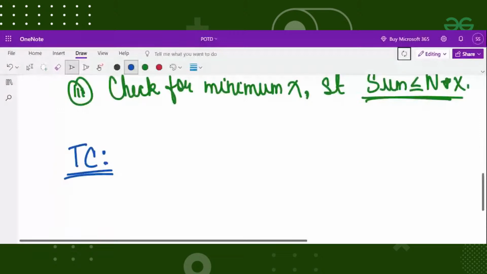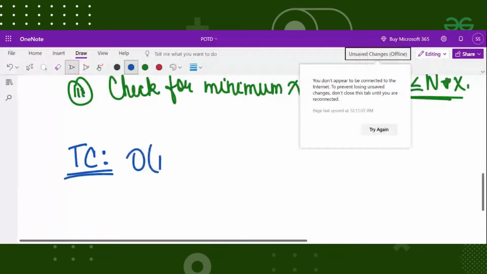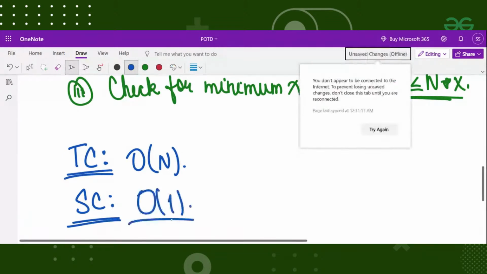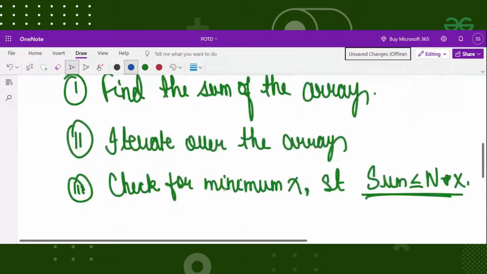Yes, that's correct, Rishit. Time complexity will be big O of n. And what will be the space complexity? Yes, that's correct. Abhilash, Aftab, and Rat. That's the correct answer. Exactly, Rishit. Abhilash. So the space complexity will be big O of 1. So this is basically the TC and SC, and these are the steps that we are going to follow. Let us look at the code of the question.